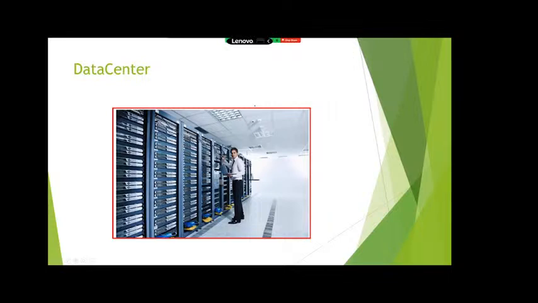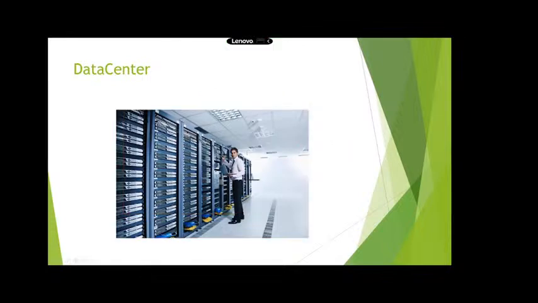After designing the data center, we need many things. What are the things?